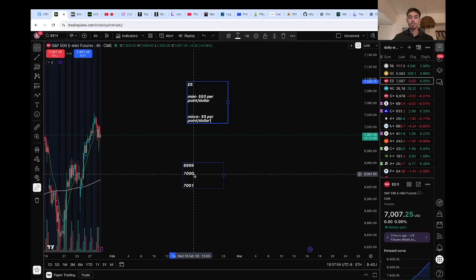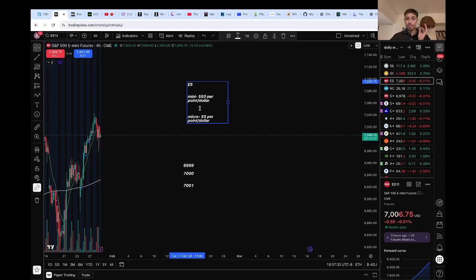This is a lot less risk trading micros, and I really like it because what if the candles are too large and I don't want to buy a mini? I just buy half of a mini, which is 5 micros. Especially when conditions are very volatile, micros are the way to go. Scale in, scale out. You could hold runners a lot longer. Sometimes on a mini you can't really hold a runner. You just got to get in and get out. But with micros, you could hold those contracts for more and more profit.